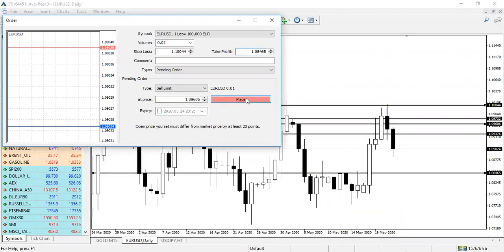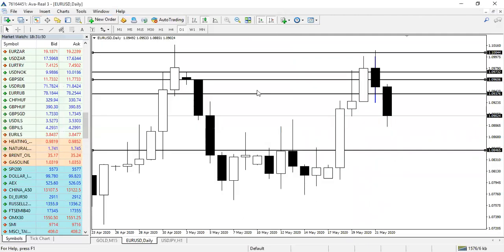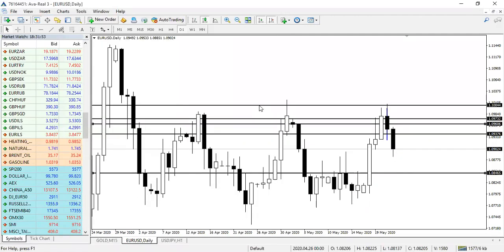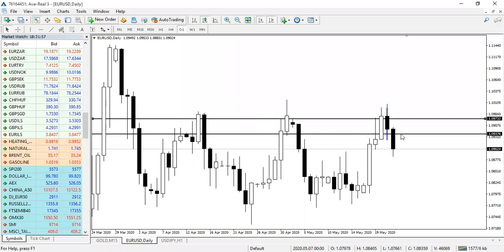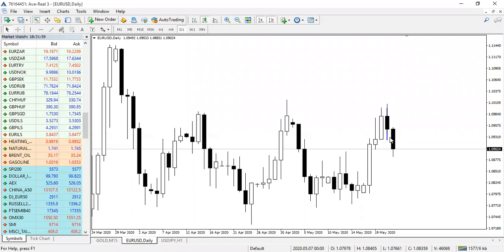Pending orders are helpful so that you won't be watching the trade or the charts the whole day. You can be busy with other things, you can place and forget. So it's easy to monitor them once you have them in place. You don't have to watch the charts the whole time to run your analysis. And it's pretty easy when you have,